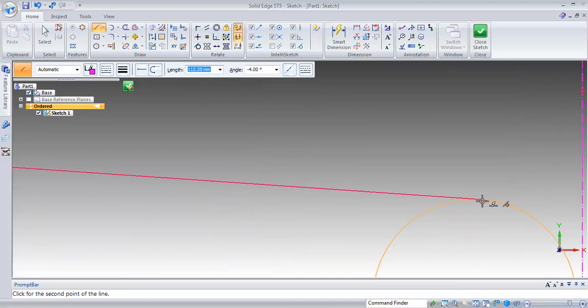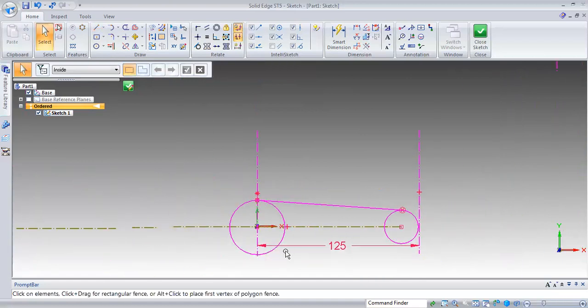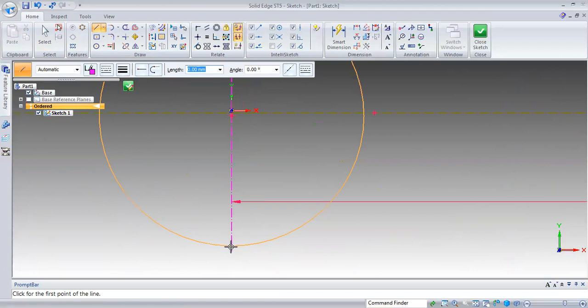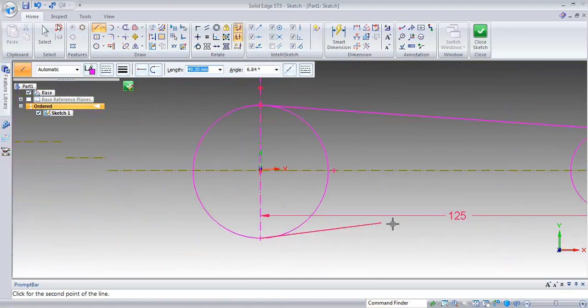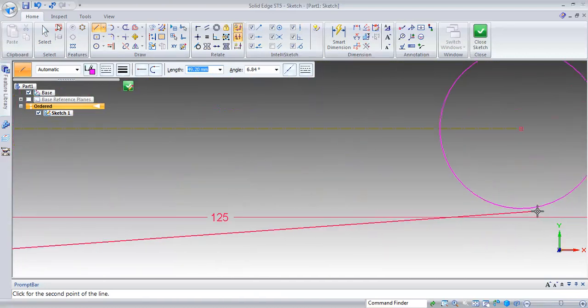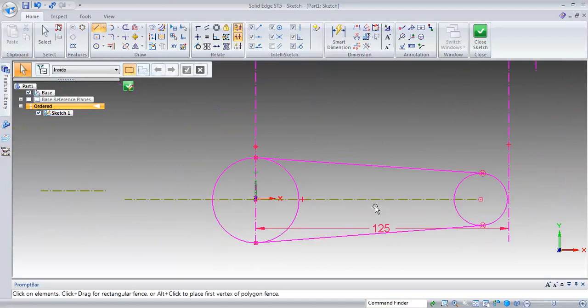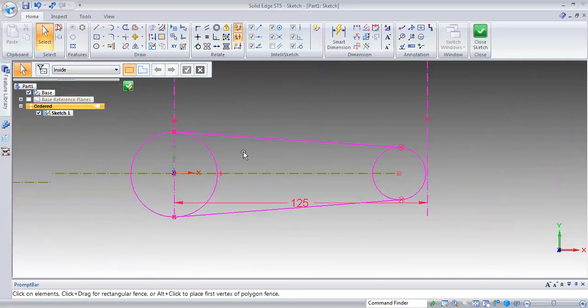The tangent symbol will be highlighted. So again, here it is. So this is how you have to do this.